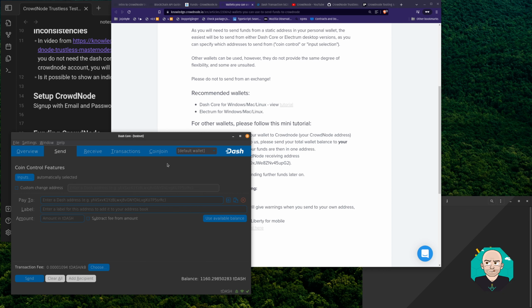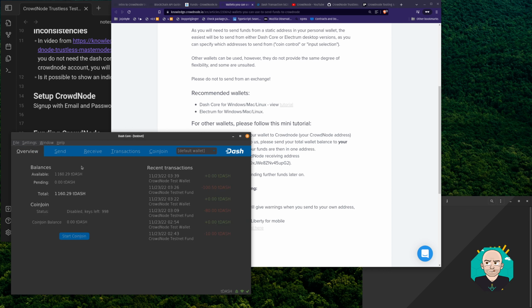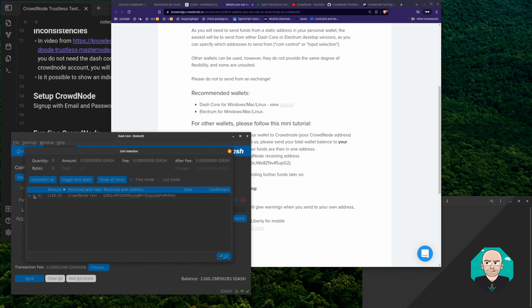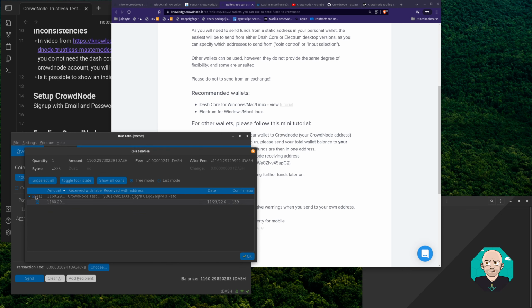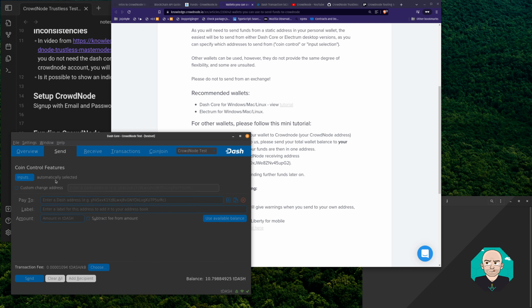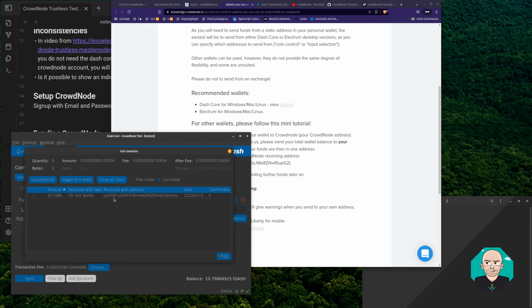So I'm going to go ahead and go back to this other wallet where I still have 1,000 Dash. We've got the funds in that other wallet. So I believe I should be able to come in here. Let's select that. I'm going to switch back to list mode. So that's selected. I guess I don't really need to select it for this one, but let's pay 2. Oh, I didn't copy it. Let's go back here. So copy address